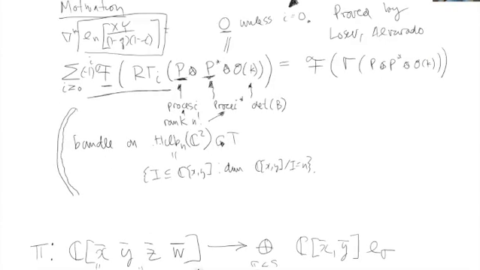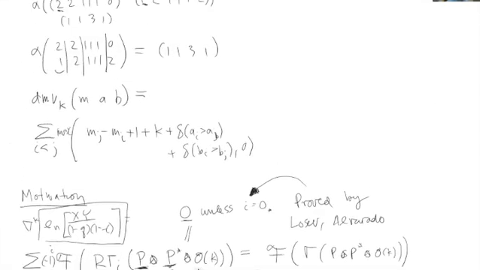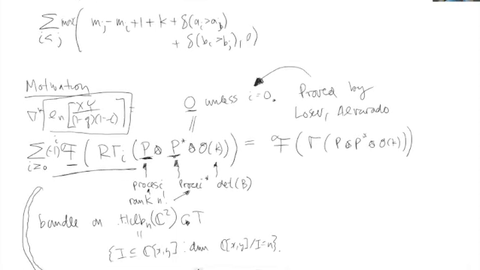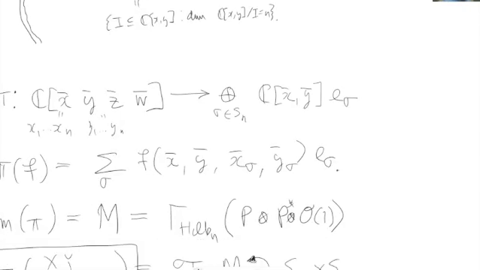And then once you have it, the strategy for the proof, or one of the two proofs that we gave in that paper, is once you've guessed the formula, you have the candidate, you simply show that it satisfies